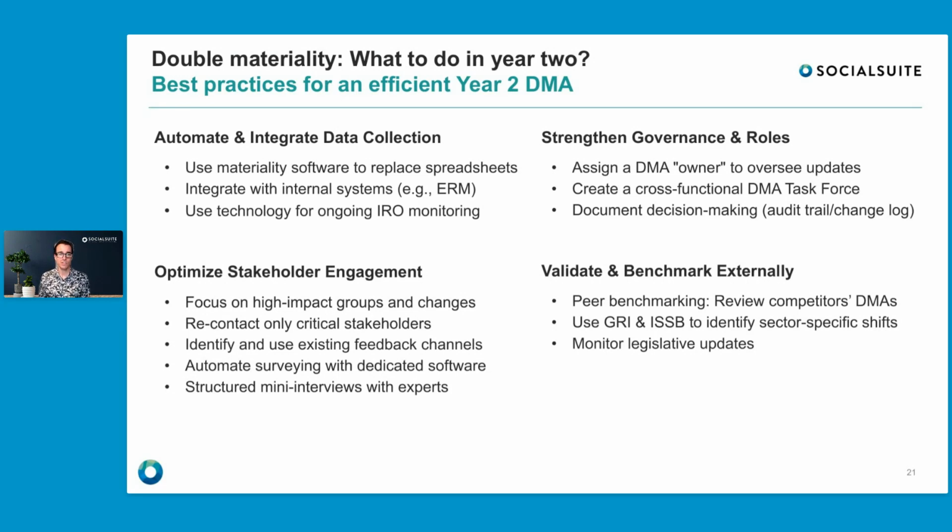In terms of your governance and the roles, look at how you can strengthen that. So again, common sense, assign a DMA owner to oversee the process, but this is really important to have one core person, but also make sure that it's not just their responsibility in terms of doing all the work, and that's the siloed approach. You need one person to own the DMA and the updates, but have a cross-functional task force there, with people that are there to go to ask questions, and they can help you get stakeholder feedback, identify the changes in the business.